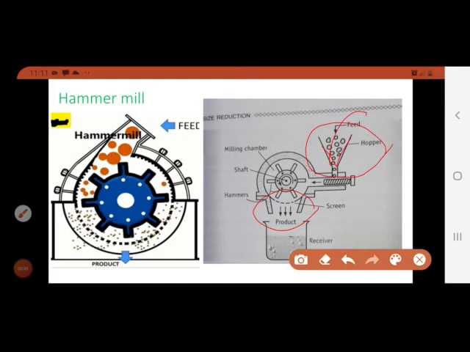According to the purpose of operation, the hammer may be square faced, square shaped, tapered or stepped in form. The interior of the casing may be undulating in shape instead of a smooth circular form, because of better impact. The rotor operates at a speed of 80 cycles per second.